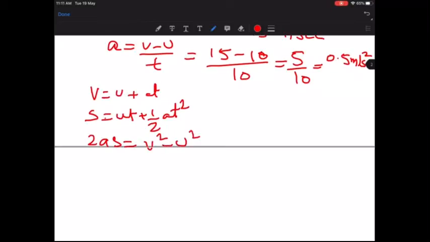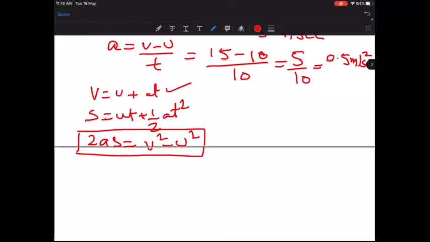Now out of these three formulas, let's see the last one first. Do you know U? Yes. You know V? Yes. Do you know A? Yes. Only thing is you have to calculate S. So out of 4 variables in the last equation here, you already have 3 of them with you. Correct? So you have to use this formula.